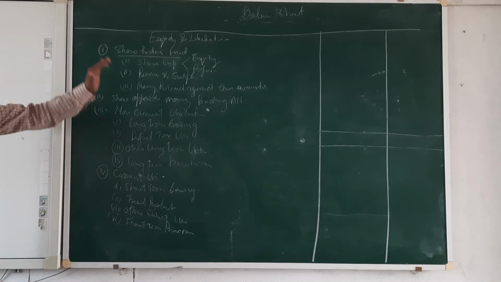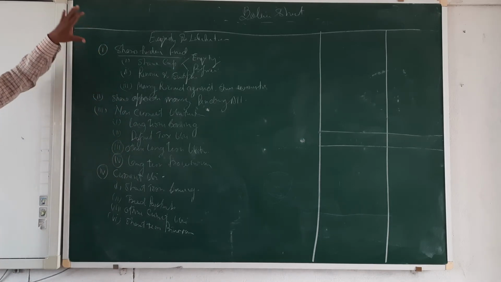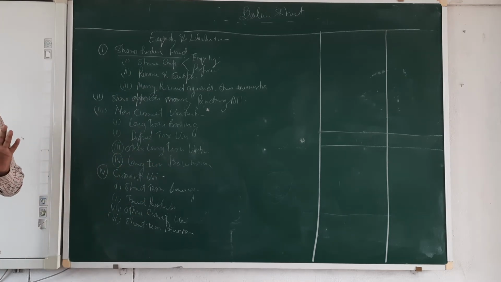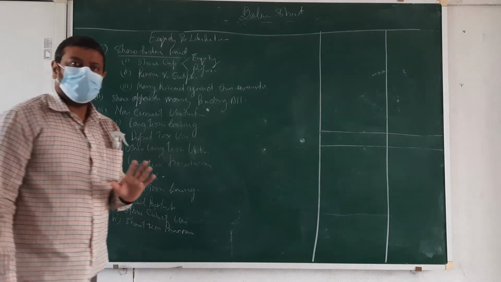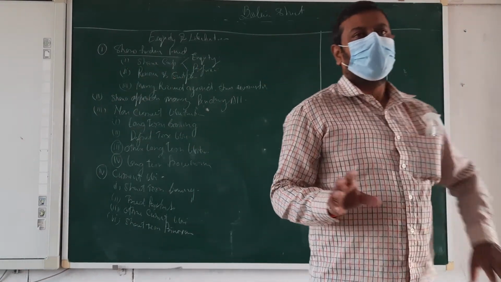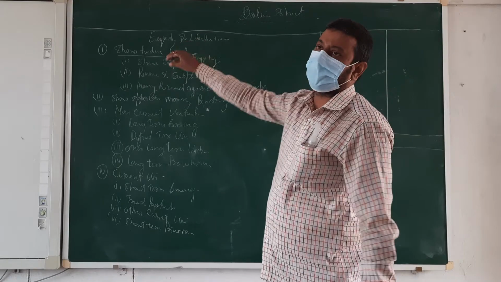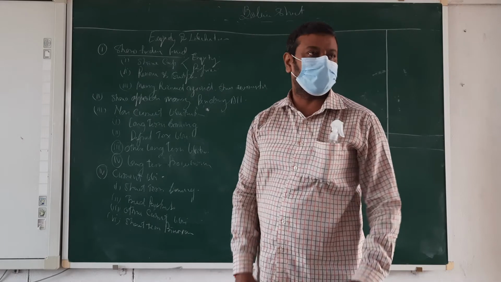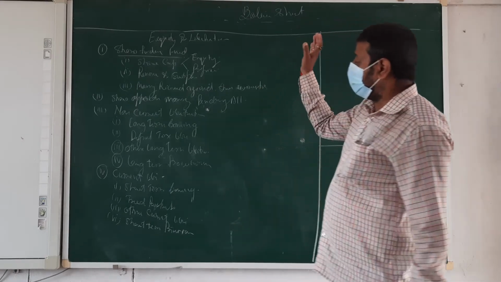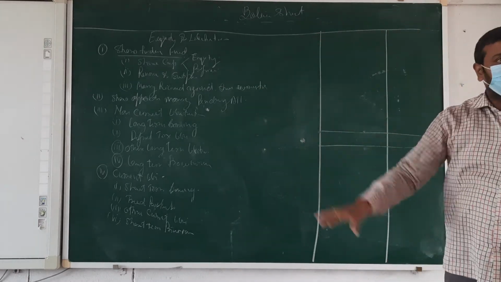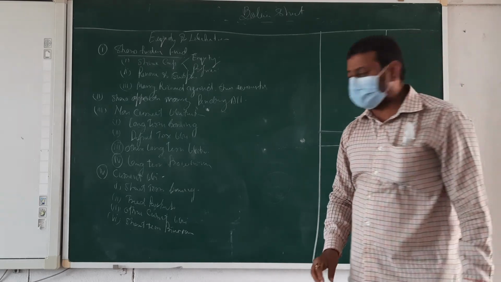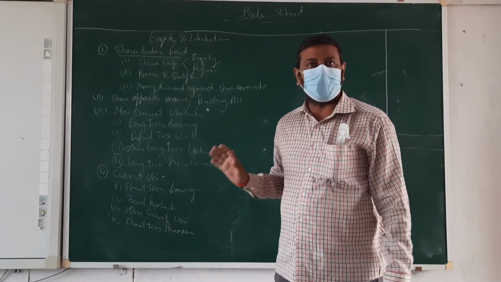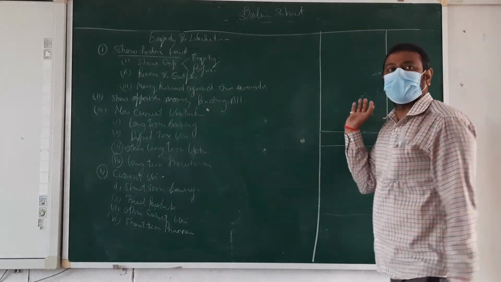The main thing, beta, is that we are going to present all the heads keeping these topics in mind. In sole trade, no system is there. Capital is coming, profit, interest on drawings or less drawings, and then other liabilities we show. But here we are going to show it in a systematic way. If current liabilities come, we are going to state the current liabilities under these four heads. Okay, beta?